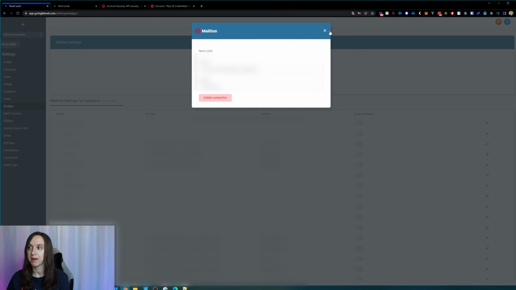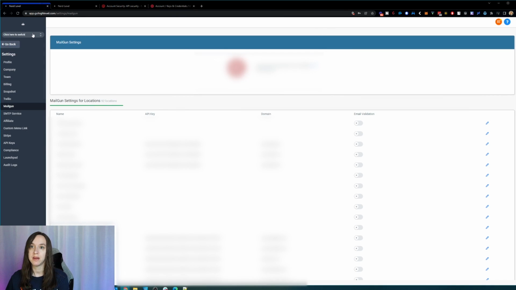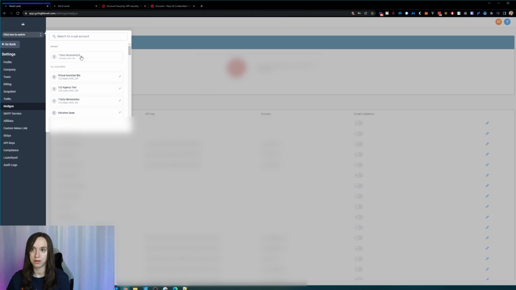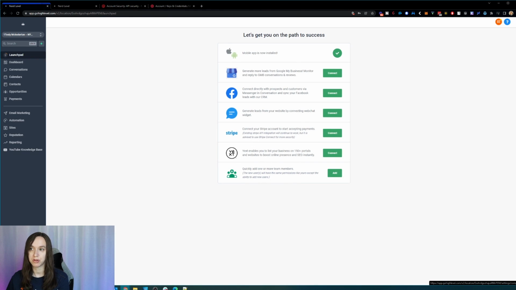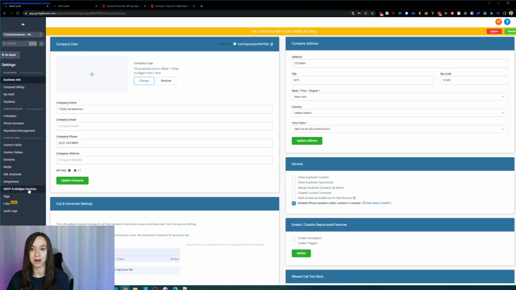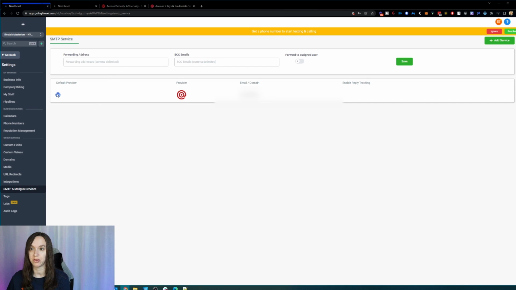So your API key is gonna be in here. Then when you go back into your account, you're gonna be able to choose your default email provider for that account. So I check the radio button and I'm good to go there.